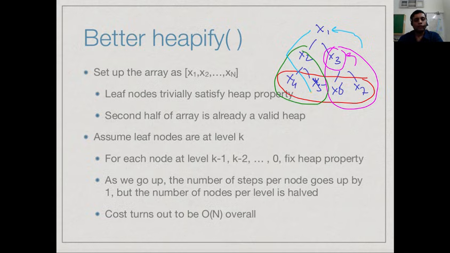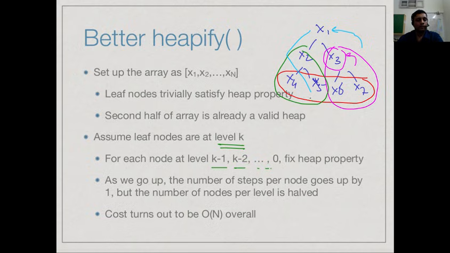So for each level k minus 1, k minus 2, where leaves are at level k, on up to the root, we fix the heap property. As we go up, fixing the heap property means walking down like we did for delete max, walking down to the leaf. So each level we go up, the length of this path increases by 1. But because the levels double as we go down, they halve as we go up. So the number of nodes for which we have to check this extra length path goes down by a factor